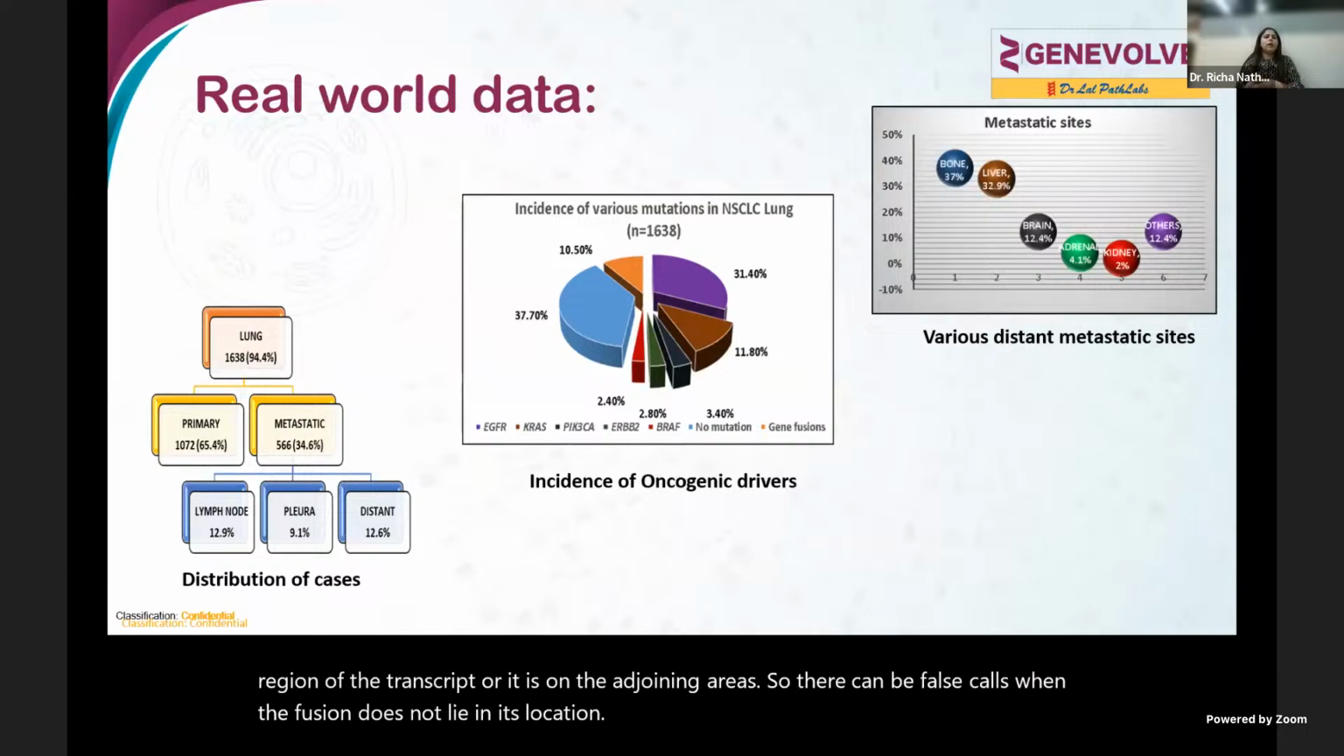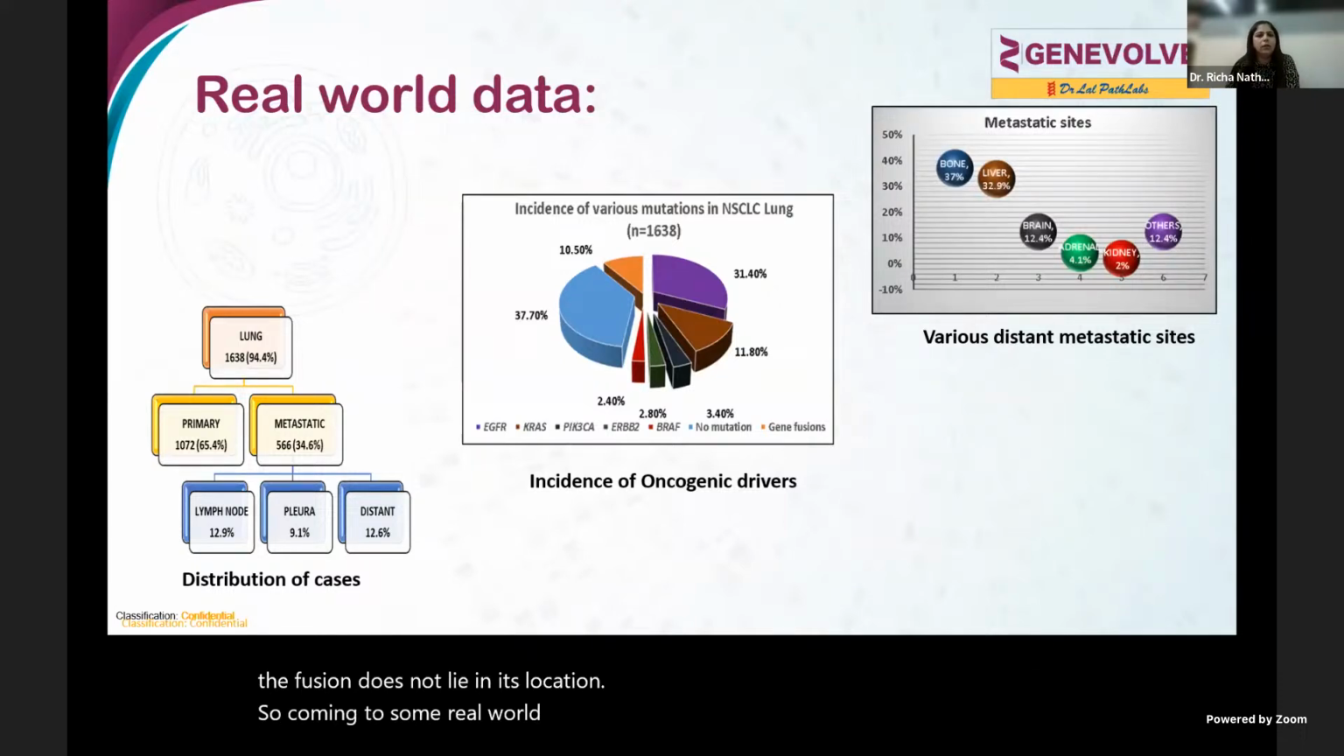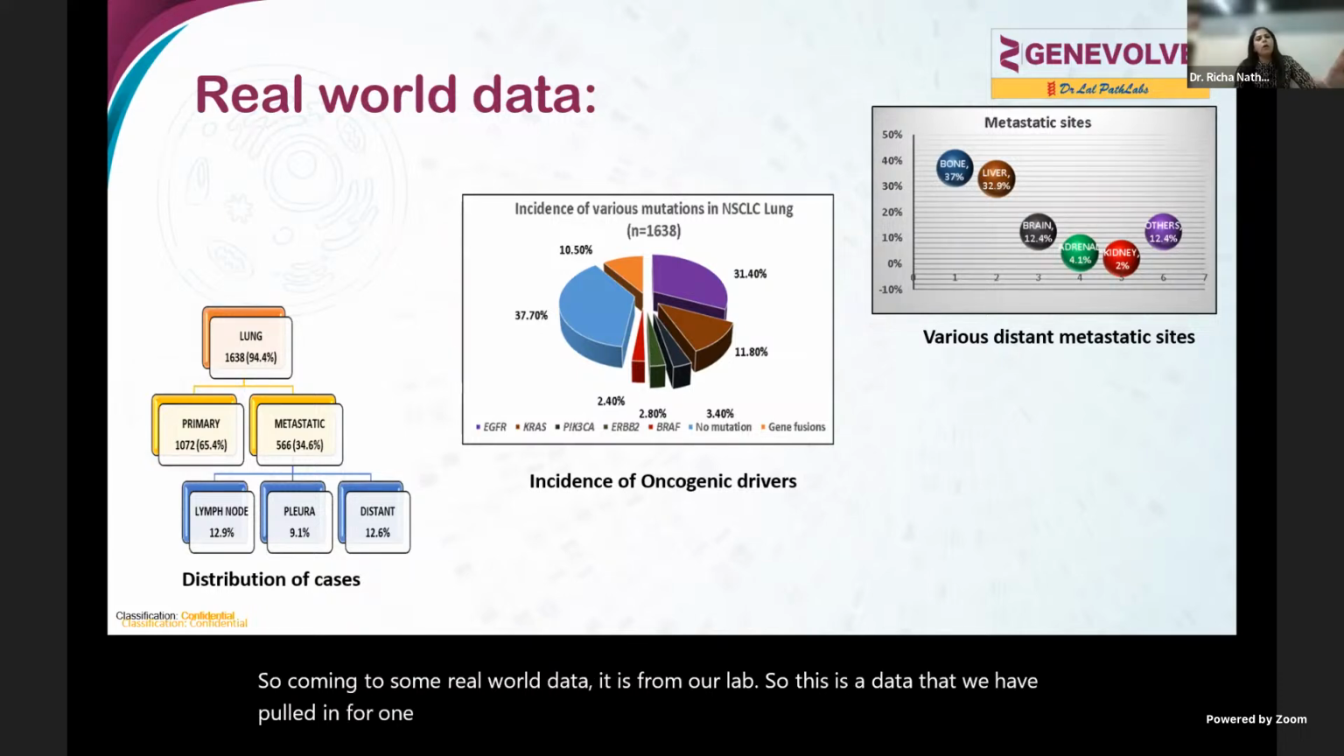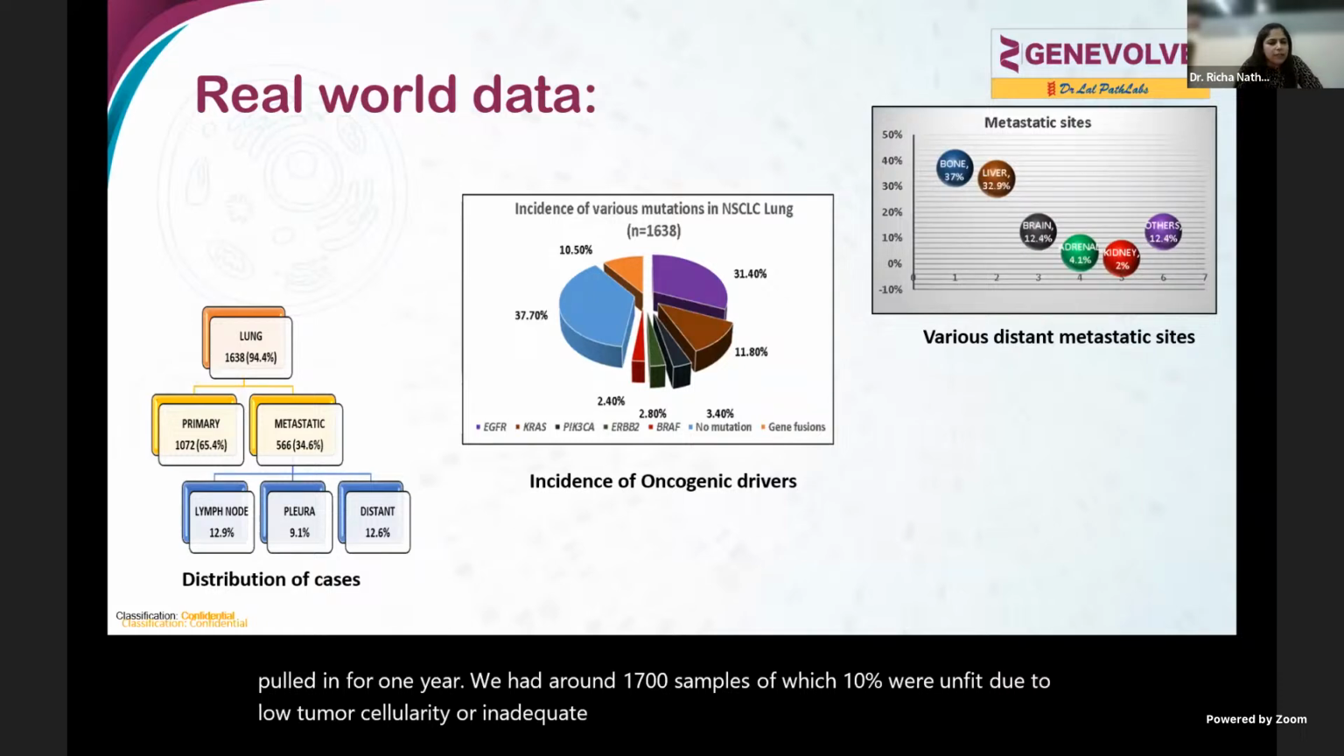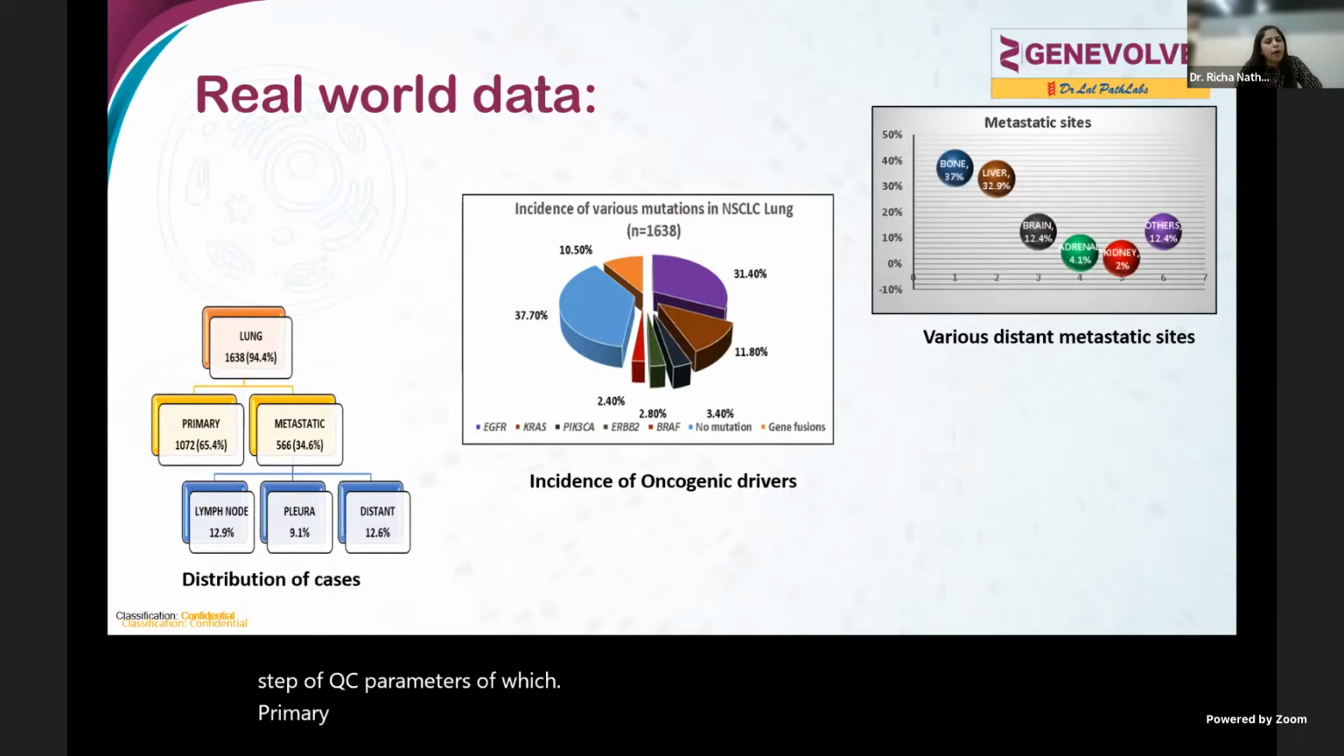So coming to some real world data, it is from our lab. This is the data that we have pulled in for 1 year. We had around 1,700 samples, of which 10% were unfit due to low tumor cellularity or inadequate tissue. Of these, lung 1638 passed the first step of QC parameters, of which primary were 65.4 and metastatic